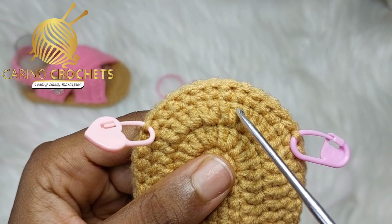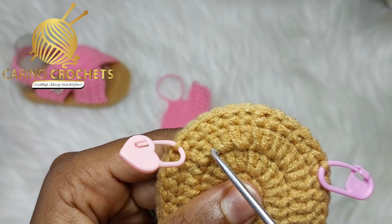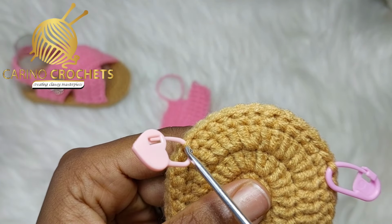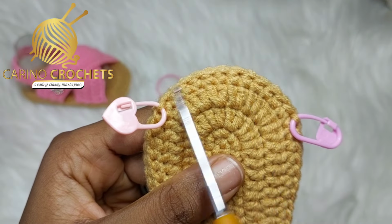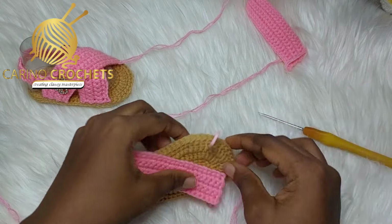So I have 1, 2, 3, 4, 5, 6, 7, 8, 9, 10, 11. So I mark the next, which is this. So this is where I'm going to start joining the second as well. So I hope you understand that we leave 11 stitches right here around the toe area. So after marking, we are going to start joining